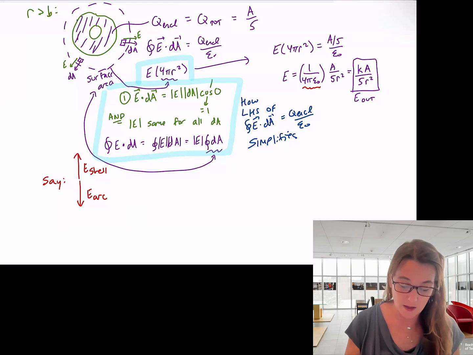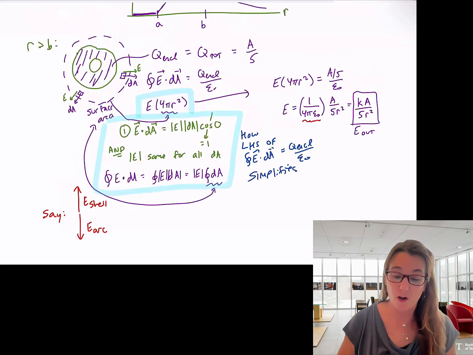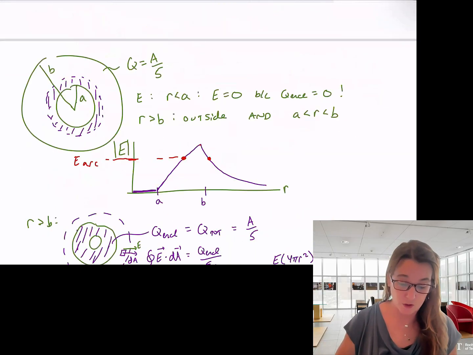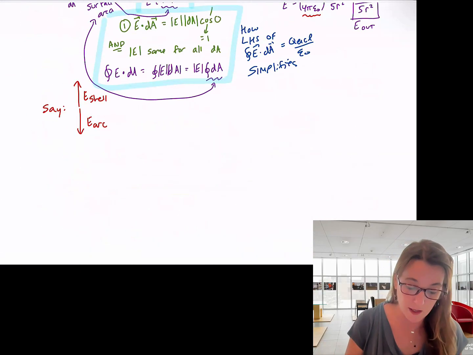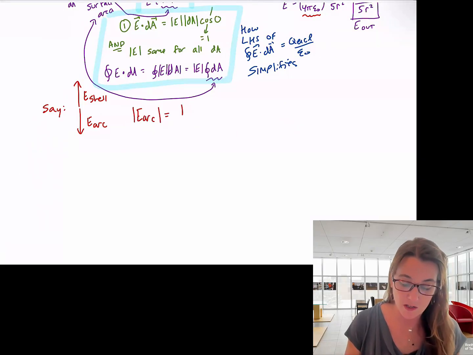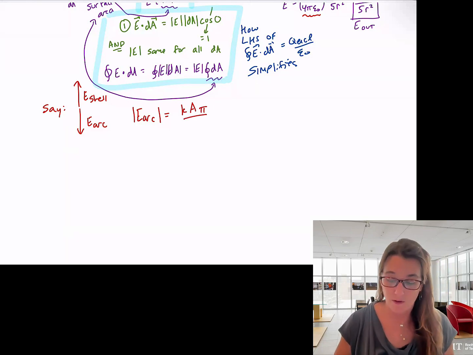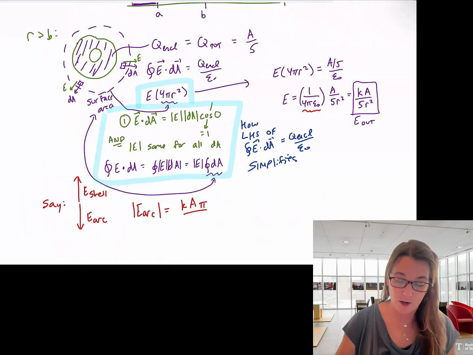So we're going to say the electric field from the arc, recalling our previous result, Ka pi over 2r squared, and now we're just doing magnitudes. So the magnitude of the E from the arc is the Ka pi over, and I believe that was 2r squared,